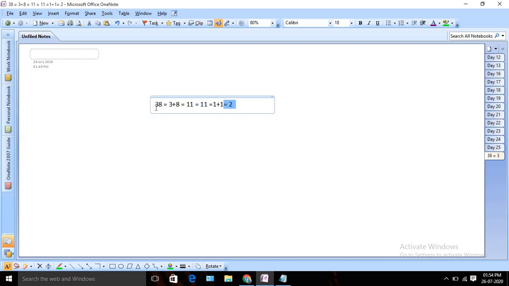So basically, whatever the number, since the input is a 32-bit integer, at max it can have 10 digits. You need to sum all those digits till your sum becomes a single digit. In this case 2 becomes a single digit, so 2 is my answer. So let's try to solve it.